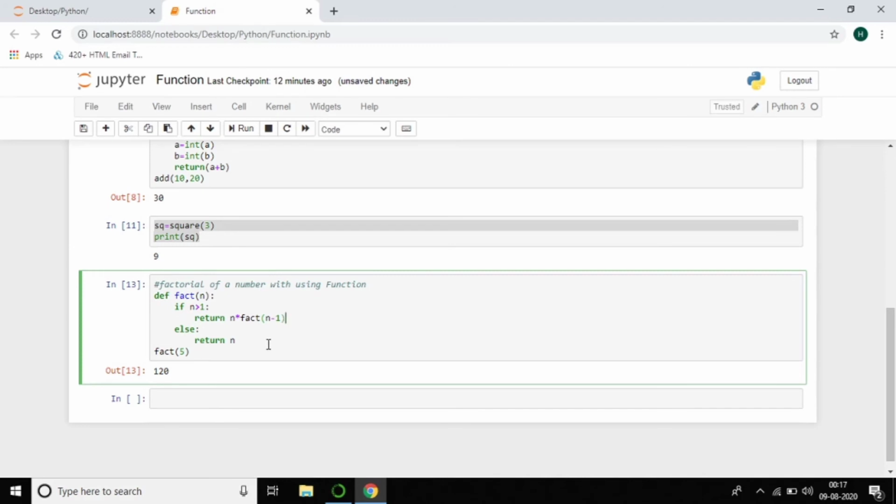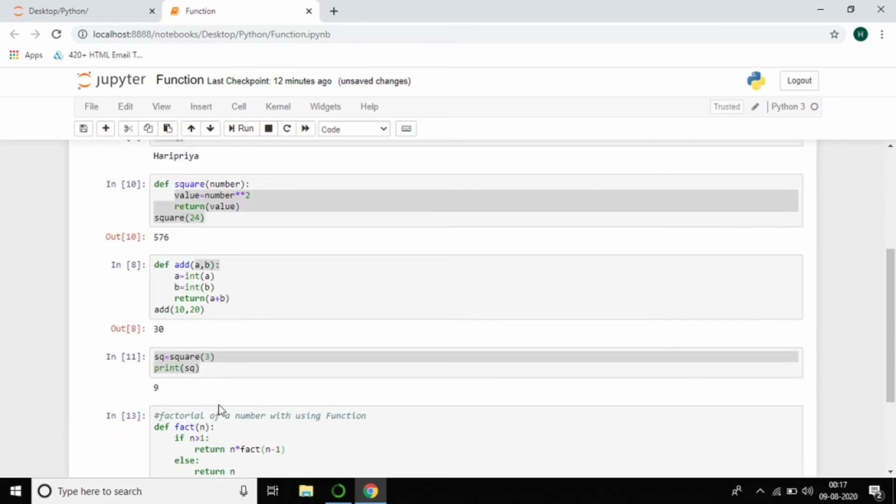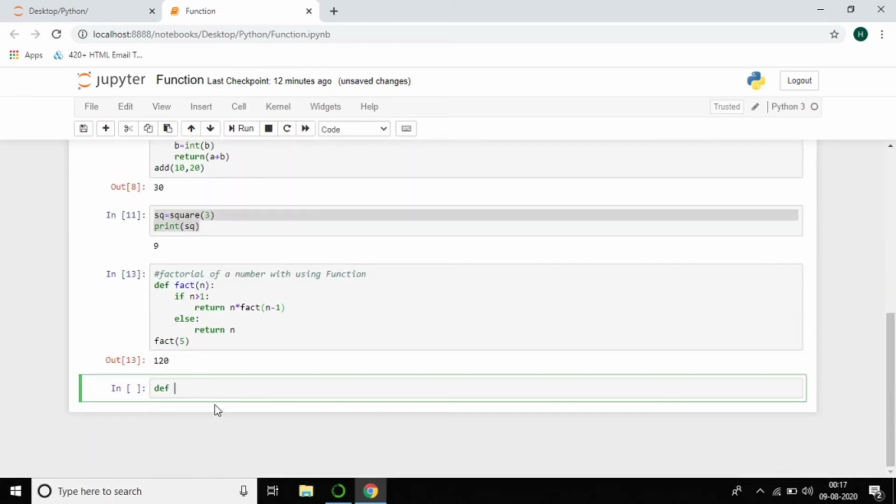You can do many things by using functions, and you can calculate multiple arguments at a single time. I'm creating a new function called sum of numbers. I want to add all the numbers. So instead of creating a comma b comma c, just give the star asterisk symbol and args, and create a function.